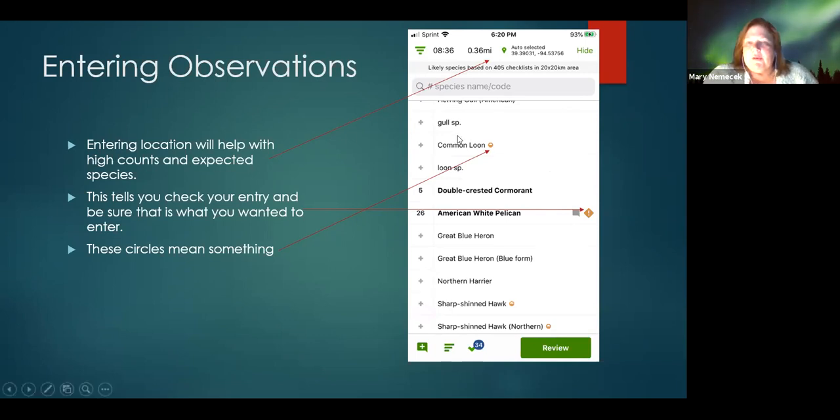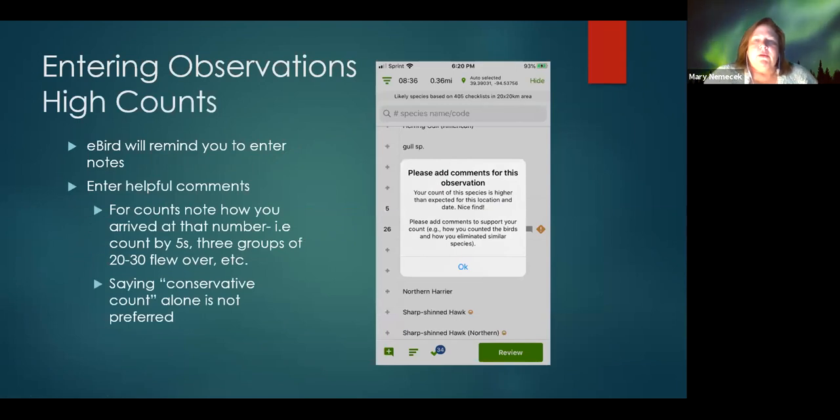But the other thing I wanted to point out is these little circles, they mean something. So if you don't have a circle at all, so there's no circle down here with great blue heron, that's an expected species. More than 6% of the checklists there in the last 3 months have reported that species. If you have a circle with orange in it, that means that it has been reported there in the last 3 weeks, but on fewer than 6% of the checklists. So it's seen there, but it's not super common. Okay, so there's also red dots, and I'll talk about those in just a second. I've got an example of it. But so you have no dot, half orange, and then red.